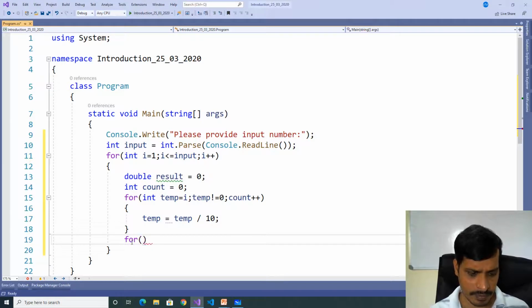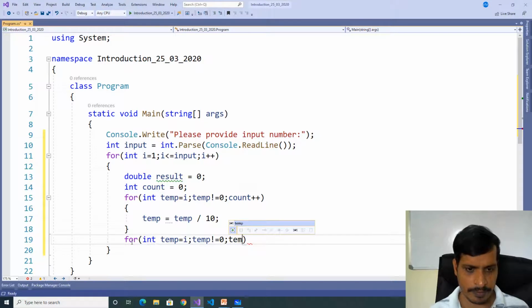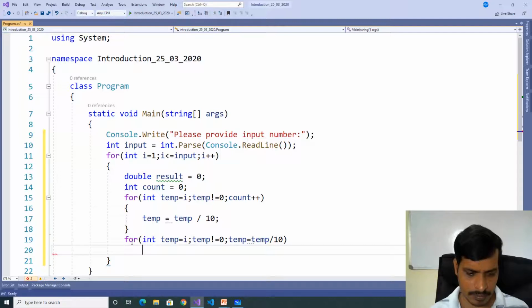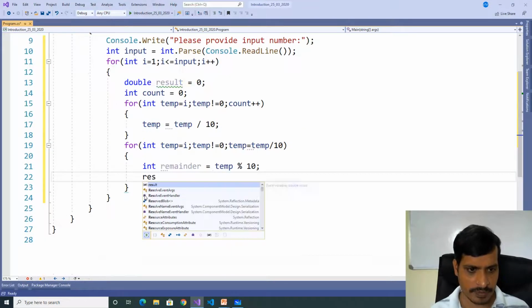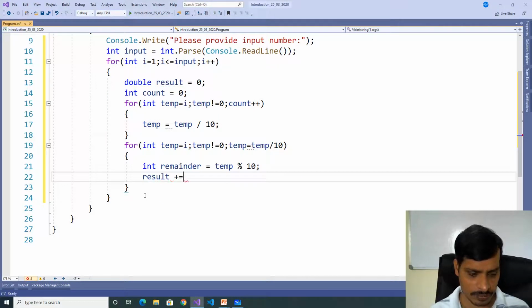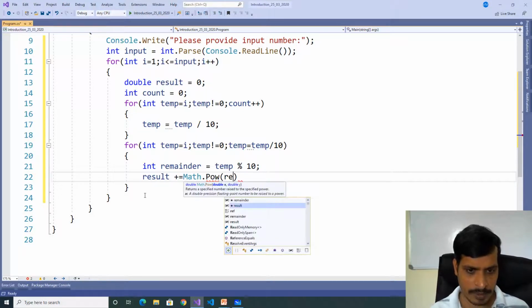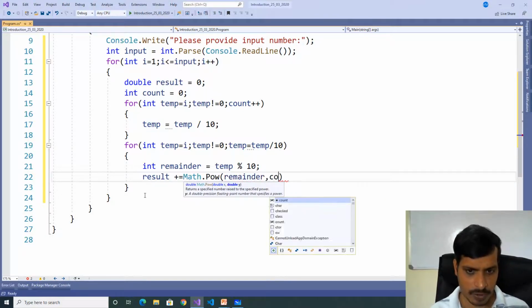For int temp equal to i, temp not equal to 0, temp equal to temp divide by 10, int remainder equal to temp modulus 10, result plus equal to Math.Pow of remainder comma count.